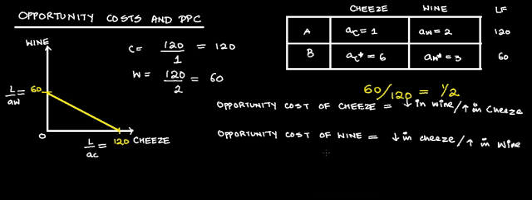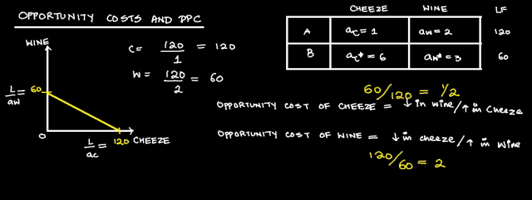Okay. Opportunity cost of wine is, if the country is using its entire resources in order to produce cheese, divided by all resources which are being used to produce wine. So this is 2. So opportunity cost of cheese production is, if you're producing 1 more pound of cheese, you'll be producing half a bottle less of wine. Opportunity cost of wine production is, if you're producing 1 more bottle of wine, you'll produce 2